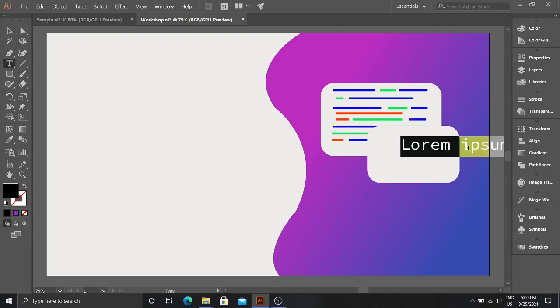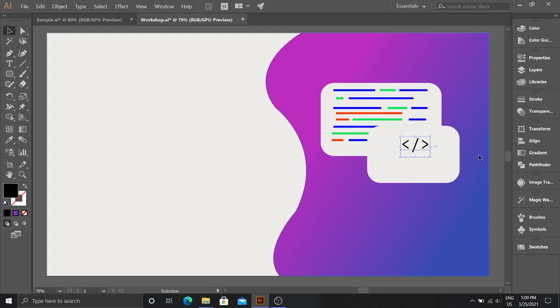So you can type out anything here. I'll type something like this. Now use the selection tool to change the size.